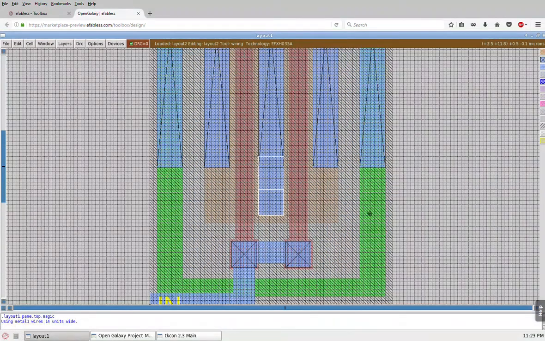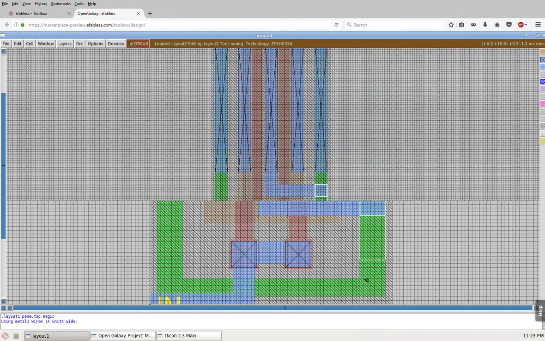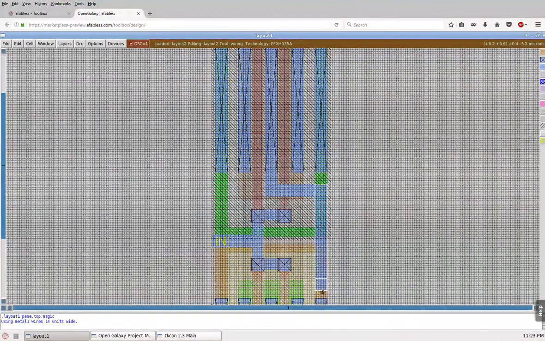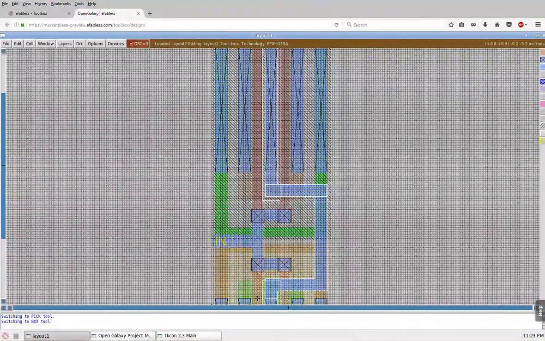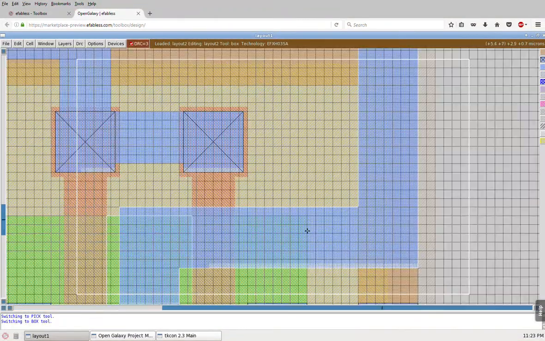I'm going to go this way and move it around. There we go. I'm going to go around, and then I'm going to do the same thing over here, and now connect to the output over here. And so if I select this particular piece of metal 1, and these are my outputs. I just run into a little problem over here, which is